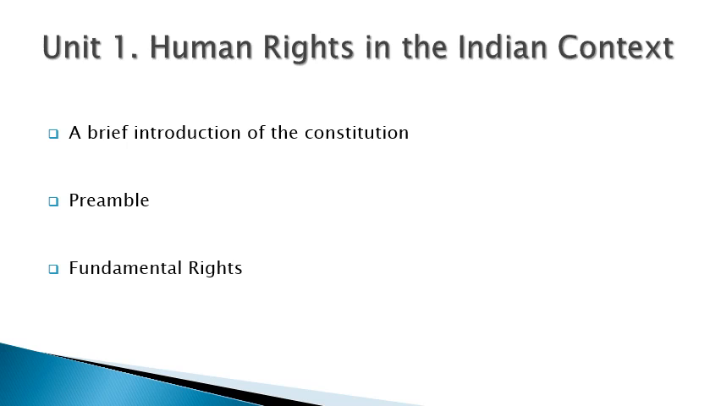After that, there is Article 19, right to various freedoms. There are various freedoms, such as freedom of speech and expression. First one is that. After that, to assemble peacefully without arms. After that, to move freely throughout the territory of India. After that, to reside and settle in any part of the territory, and to practice any profession or to carry on any occupation, trade or business. In the original Constitution, the right to property was also part of our Constitution, but